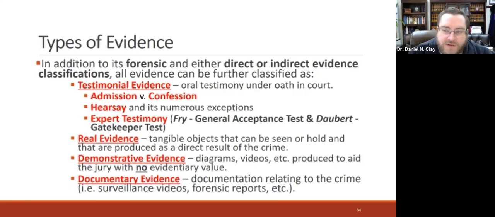Then we got Daubert versus Merrell Dow Pharmaceuticals. It's called the Daubert Gatekeeper test. This is what most states use, right? The Gatekeeper test basically says, all right, the judge makes the ultimate determination as far as evidence is concerned, and is concerned primarily with making sure that a court proceeding is fair, right? So what we're going to allow them to do is